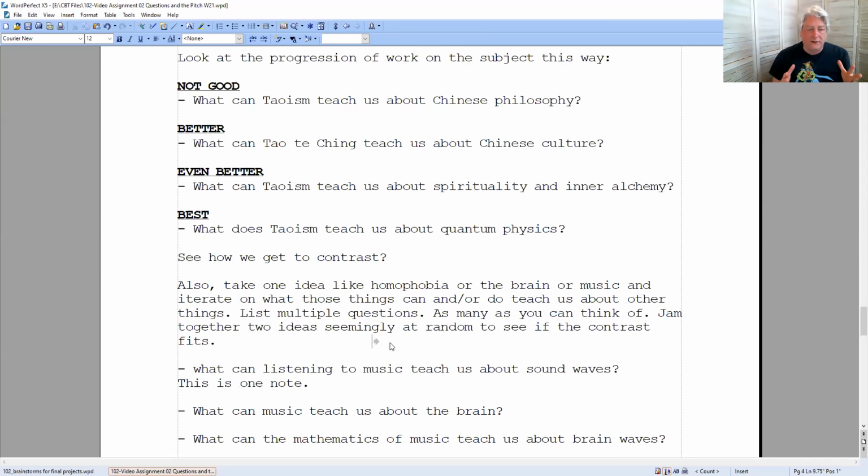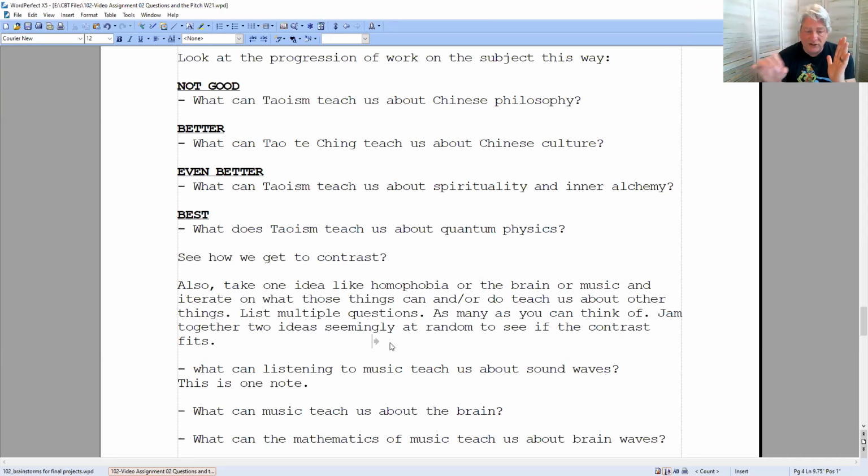So let's take some ideas, like homophobia, the brain, music. One thing you could do is start with something like the brain or music, and just do a bunch of questions, as many as you can think of. The brain in this thing, the brain in this thing, and on and on. Some of them are going to be lame, probably.